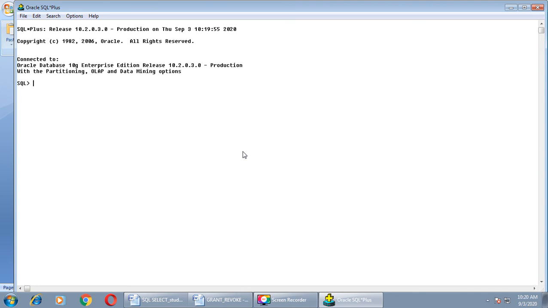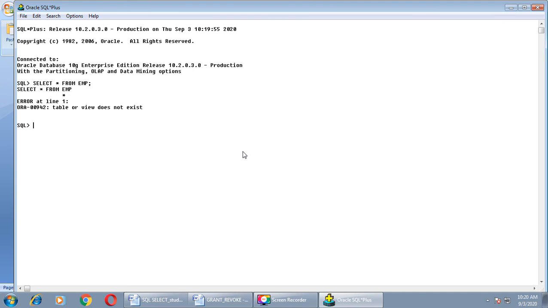So if you want to select star from EMP, if we want to select all the records from EMP table, we just write like this, right? But here we will not get all the records using this query. Why?